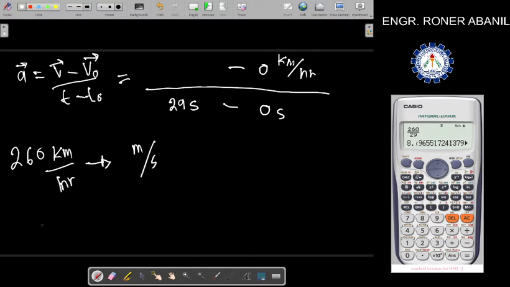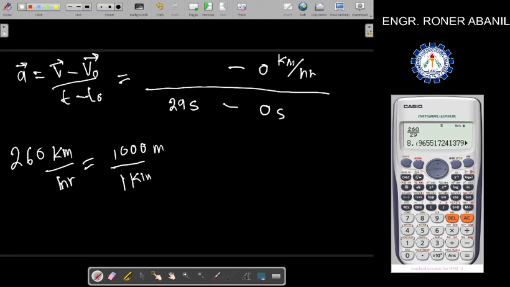Okay? So, paano natin yan mako-convert? So, 260 kilometer, unahin natin yung kilometer, no? So, in 1 kilometer, how many meters? 1,000